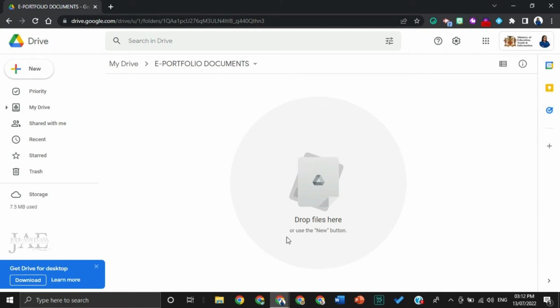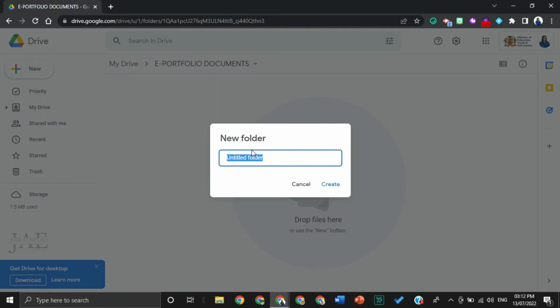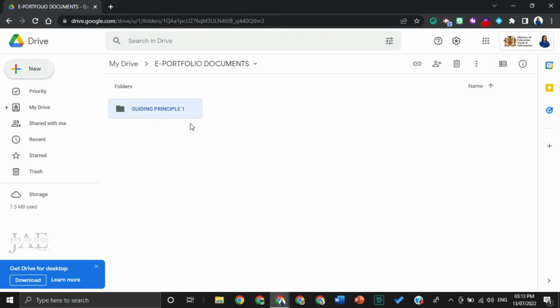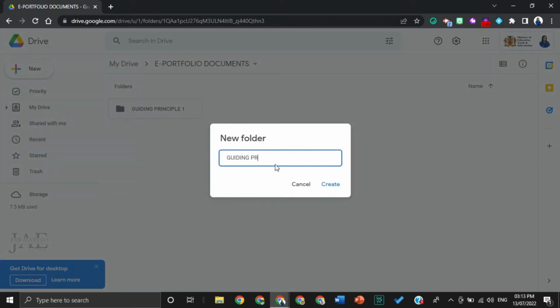Now, of course, you're being prompted here that you can drop files in this folder, or you can use the new button, which we're going to do. But instead of directly dropping files, we're going to be creating the folders for each of our guiding principles. So the same will apply. We're going to go ahead and click on new folder, and we're going to name the folder. So this folder, of course, is guiding principle 1, and we're going to go ahead and click create, and guiding principle 1's folder is there. I'm going to go ahead and repeat that process. Guiding principle 2,